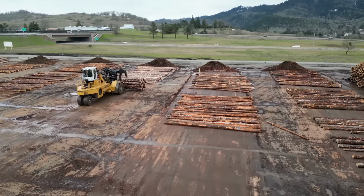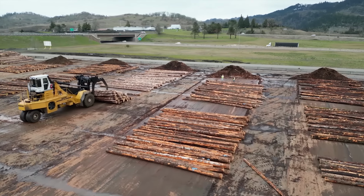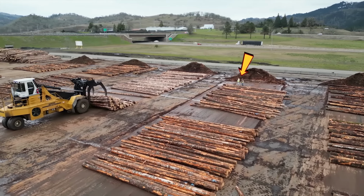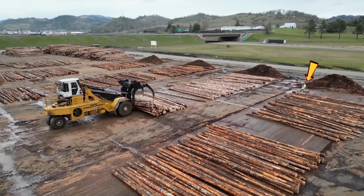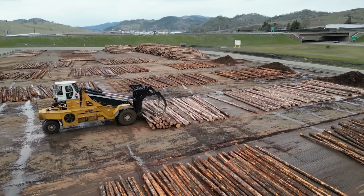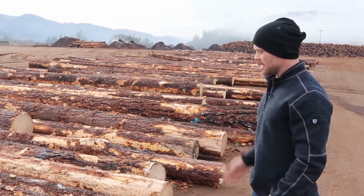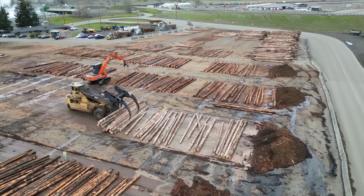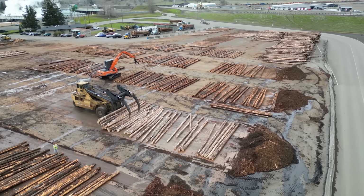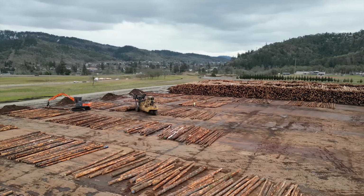Correct, yeah. So we unroll the load, lay it out, it's called angulating it, and we have 2 company tapers that are going to come by with a log tape, one on each end, the smart end and the dumb end. The smart end is the guy reading the tape, and he paints on the log the length of the log. And then the third party scaler, a company that we contract to measure the volume and assess the defect,